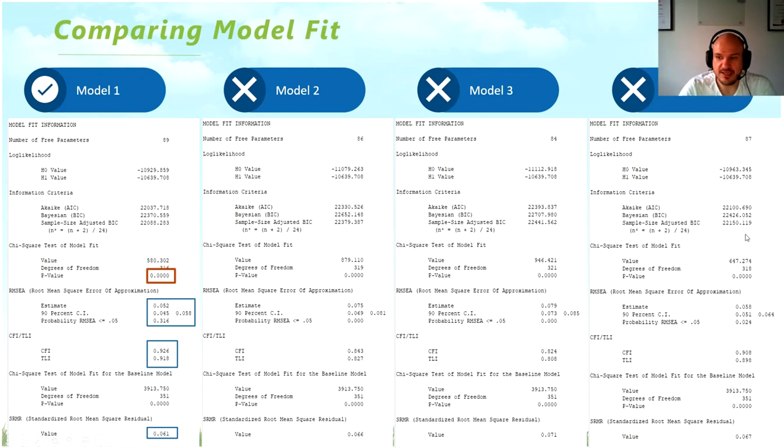So you see this model, even though if you compare it, you can see that this model's AIC value is lower than this one, and the BIC value is bigger than this one. So